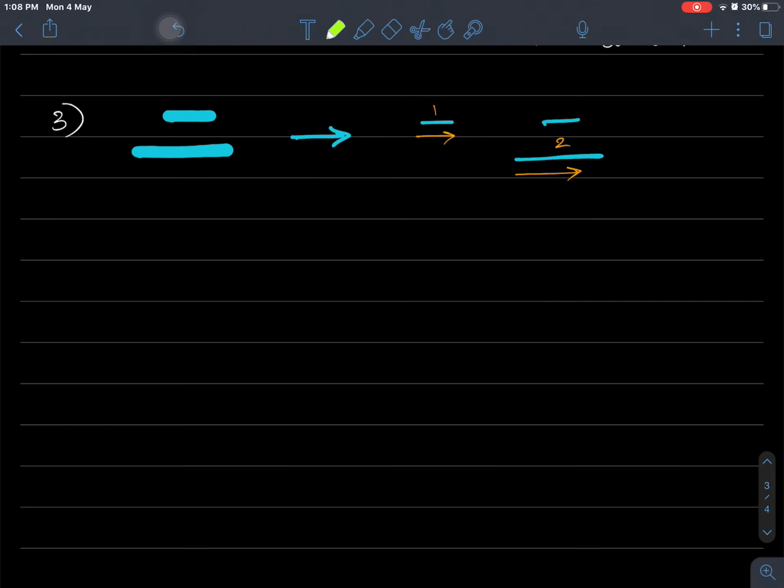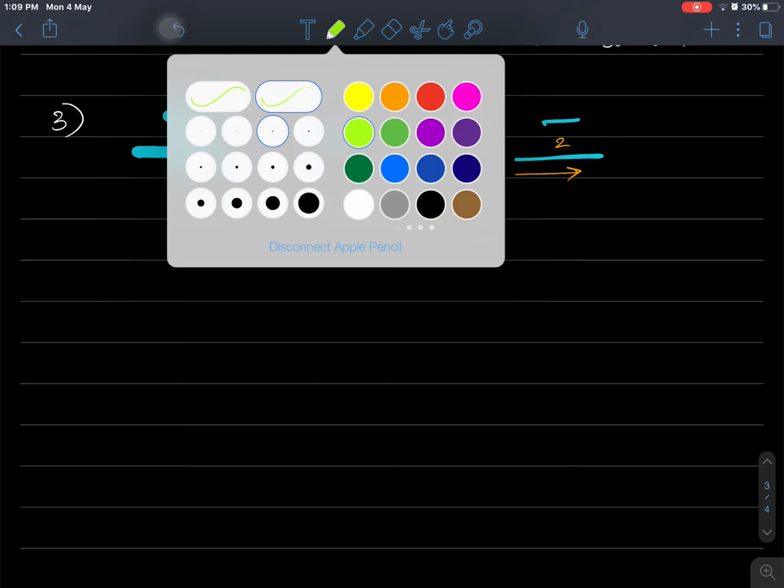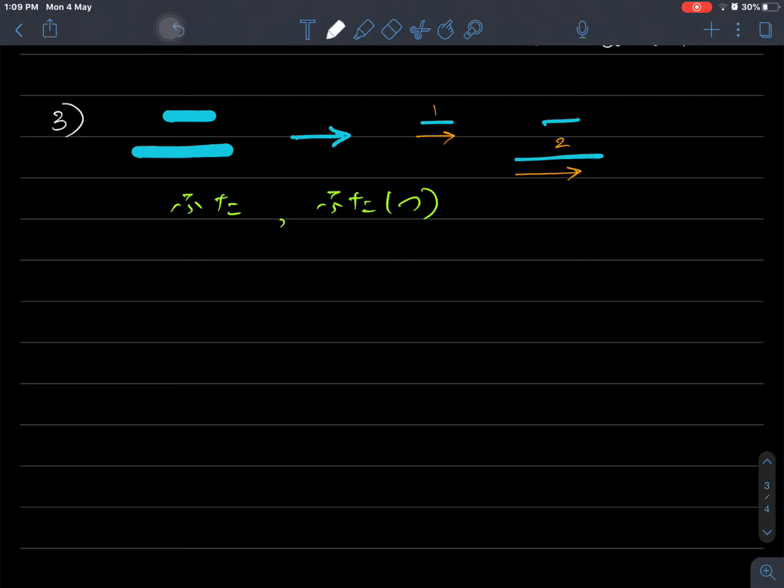I need to change the color. Right, so this is read as futa or futatsu. Very similar to the case of hitotsu, where it means one of something. Futatsu means two of something. So the meaning now, the meaning is